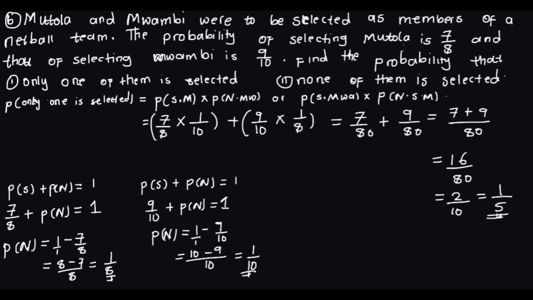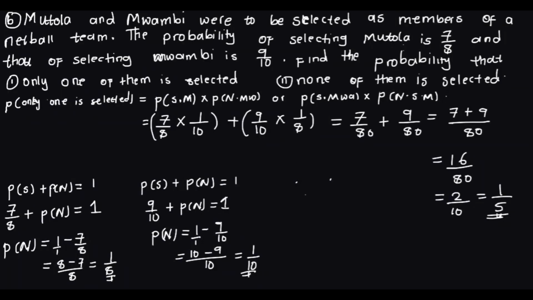So the probability that only one of them is selected is 1 over 5. Now let's look at the probability that none of them is selected. So for none of them is selected,